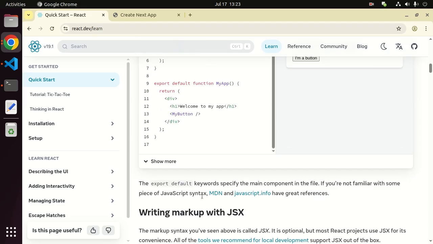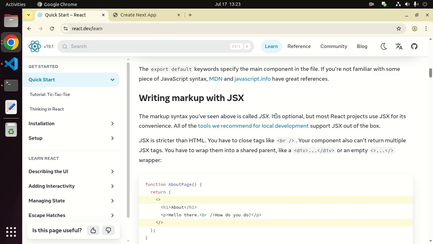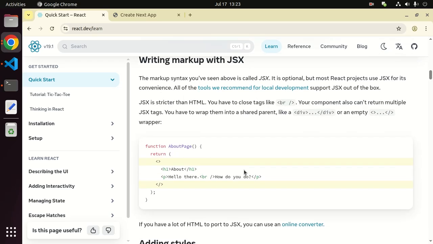Now, writing markup with JSX. The markup syntax you have seen above is called JSX. It is optional, but most React projects use JSX for its convenience. JSX is stricter than HTML. You have to close tags like br/. Your component also can return multiple JSX tags. So here you can see 2 tags. We need a common root for it. So if we add